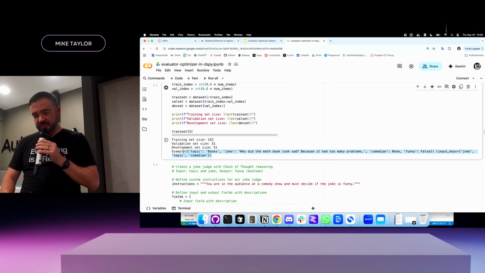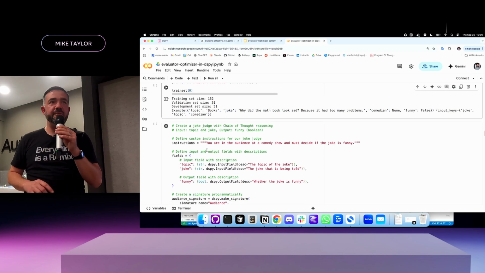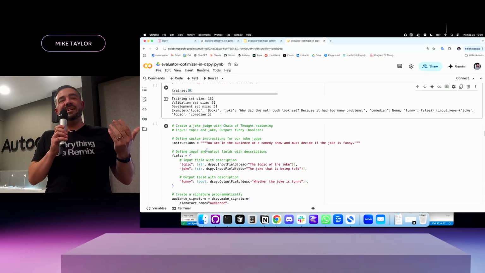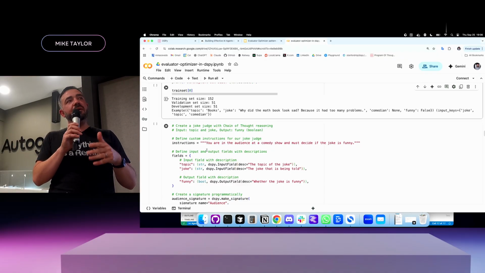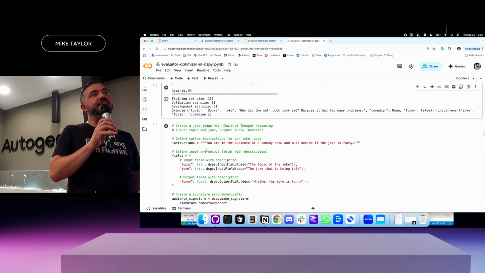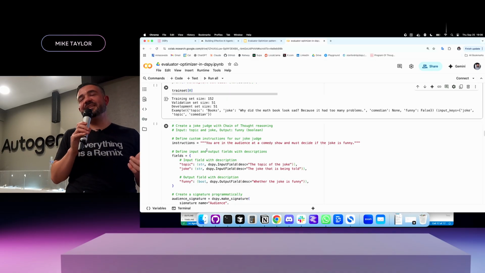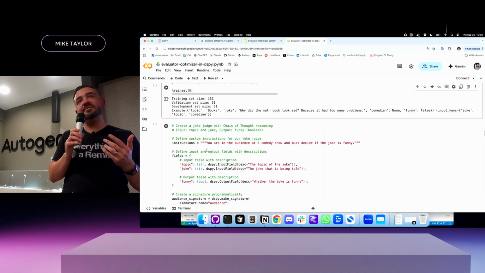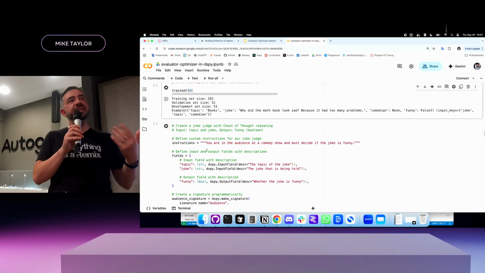And this is the format. I said before, how do you evaluate that? Like, when you're doing DSPy optimization, it might call an API 1,000 times. Are you really going to sit there manually and just say, yeah, that's a funny one, that's not a funny one, that's a funny one, that's kind of funny? That's really painful. So what we're going to do instead is we're going to train a judge to do that